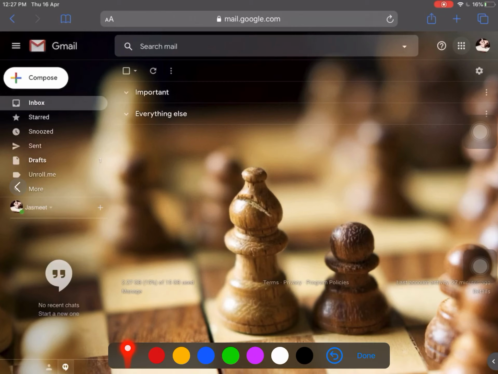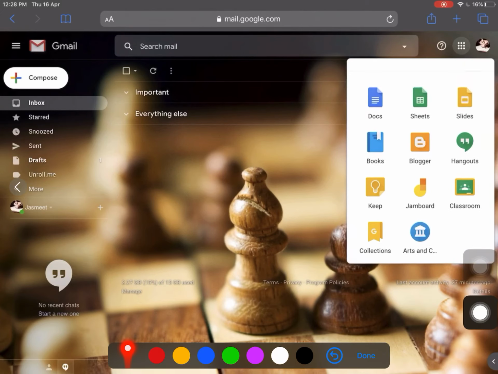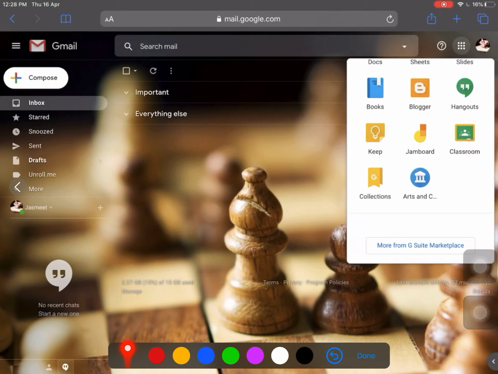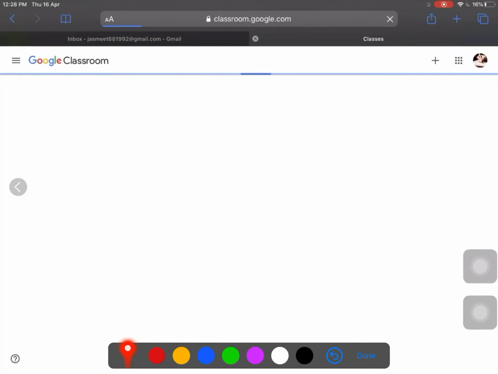From there, on your top right, you can see that there is a box for Google apps. There are many different apps. From them, go below and see there is Google Classroom. Open that Classroom app. After opening this app, you will see on your screen